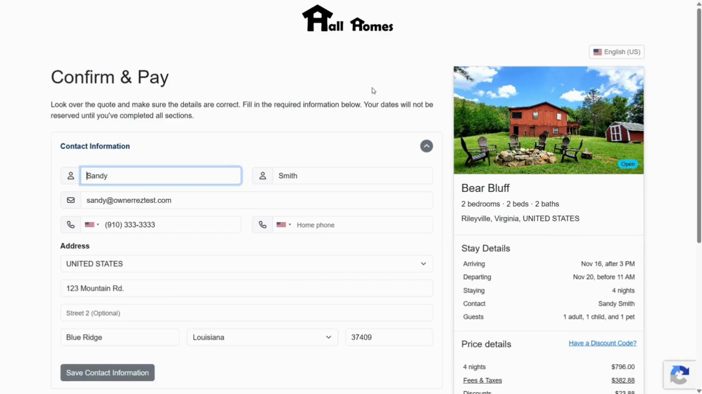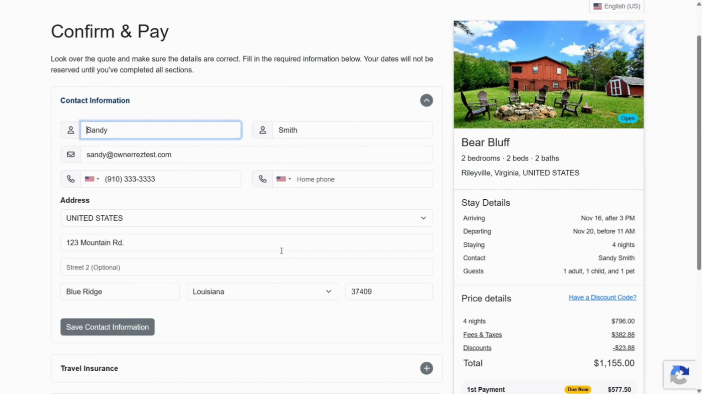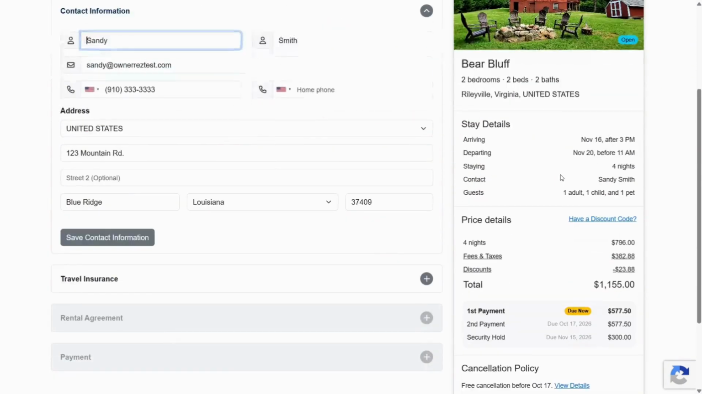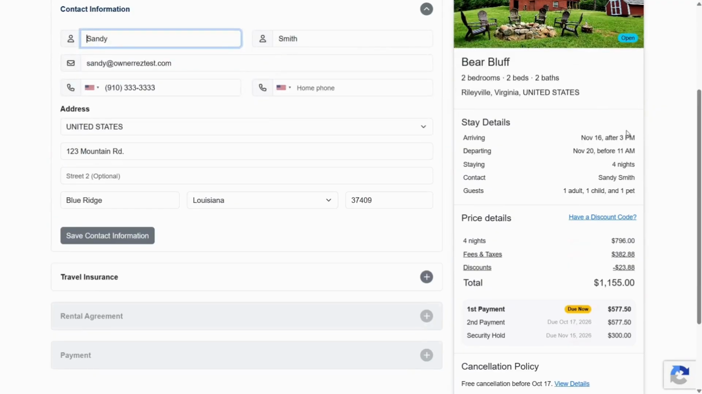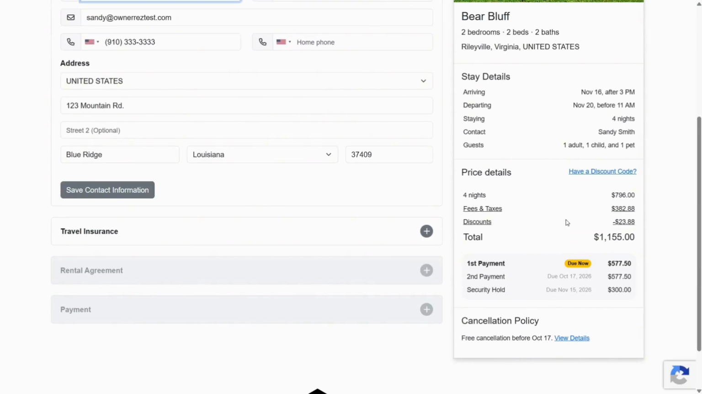If you've uploaded your logo to the theming section inside of OwnerRez, it will show up here at the top. The guests will first be prompted to fill out their contact information, and then on the right, they'll see some helpful information about their stay, including the property information, arrival and departure date, check-in and check-out times, and a clean breakdown of the charges. Next, they'll be asked if they'd like to add travel insurance to their stay,